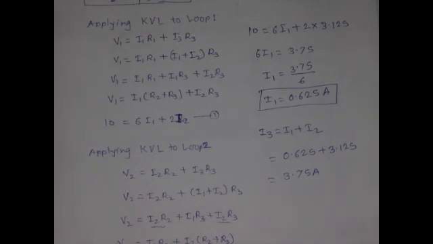Now if more than two sources are there, then what happens? Then again we have to see that condition for the next